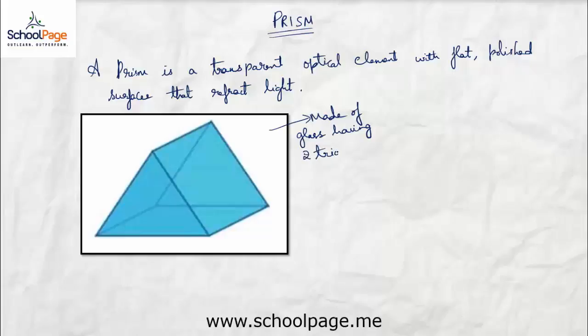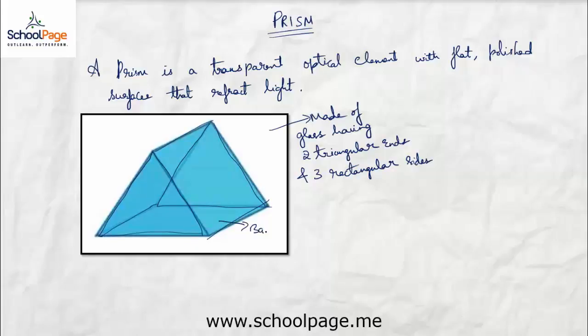two triangular ends and three rectangular sides. That is, this is one triangle, this is another triangle here, so that is two triangles, and three rectangles. So this is one rectangle, the other rectangle is here, and the third rectangle is here, which is known